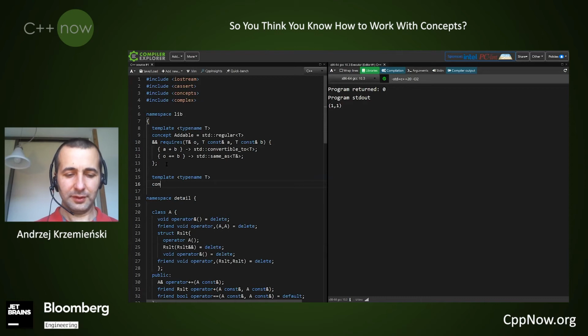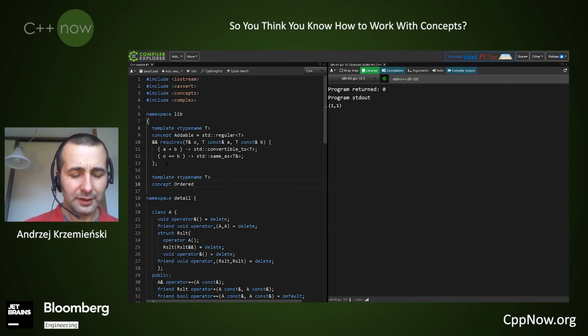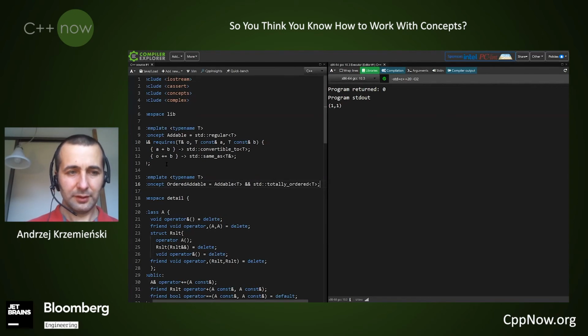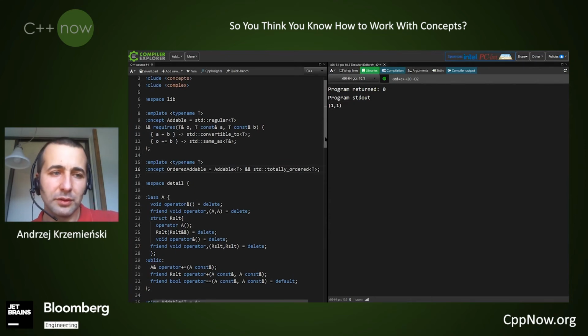Concept, ordered addable, is addable, and is totally ordered. Let's see if it compiles, if I didn't make some mistake. Yeah, it still compiles.